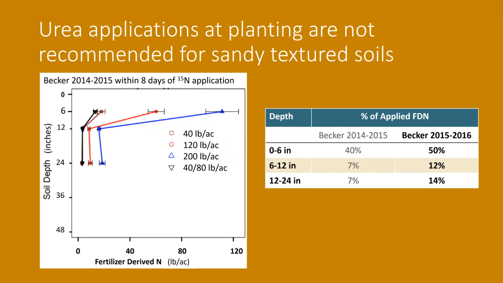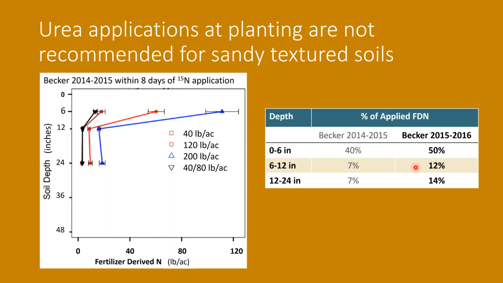When we repeated this study again the following year in 2015, a similar pattern occurred. We've got a little bit more nitrogen that's recovered in the 0 to 6 inch depth and more in the 6 to 12 and 12 to 24. But once again, that nitrogen is being leached down the soil profile. The difference between the recoveries between these two sites is the amount of water that percolated below that rooting zone. For the 2014 site year, we had 1.5 inches of water that had moved below that root zone, whereas in 2015, it was only 0.6 inches.